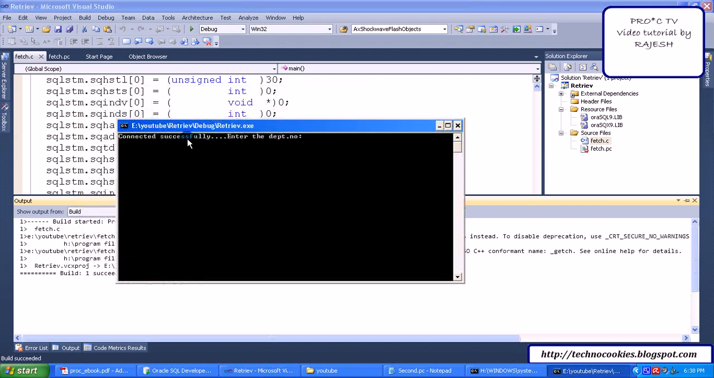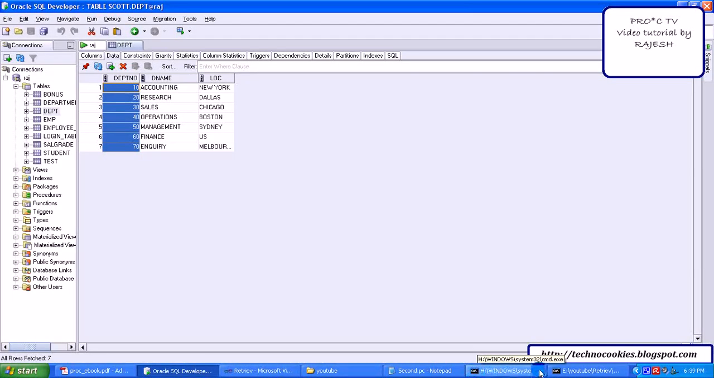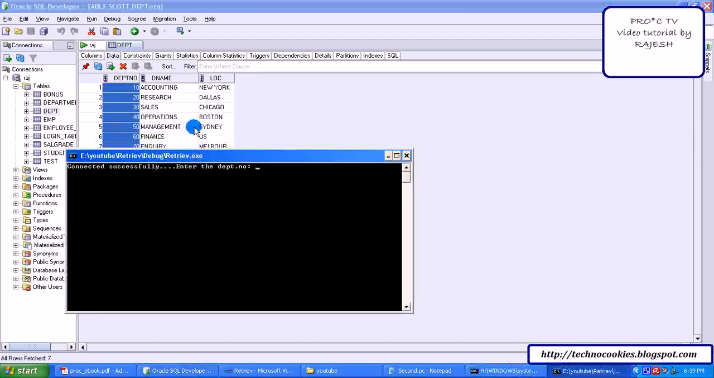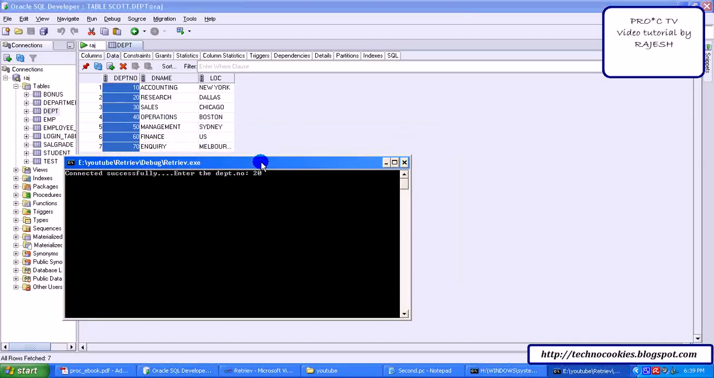See, it has connected successfully to the database. So now I'm giving the department number as 20. See, the department name is research and the department location is Dallas. And here one interesting thing